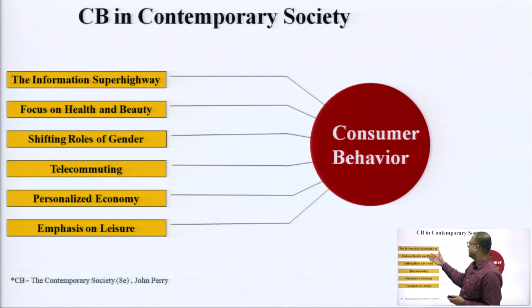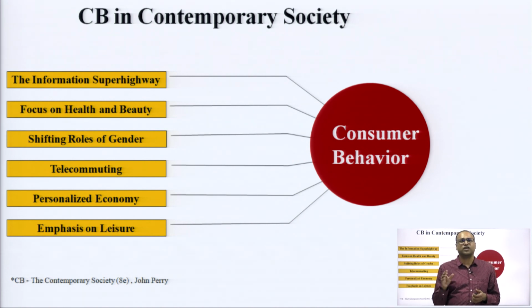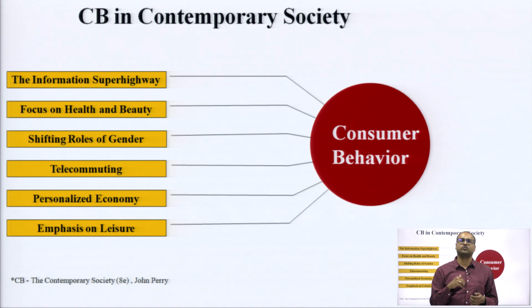The first part, information superhighway. When I say information superhighway, yes, I have used the word superhighway. I have not used the word information age or information pathway. Superhighway means today if you want to know about something, you will get more than something on the internet or through various other sources. Internet means you get online. If you go offline also, you get lots of encyclopedias in magazines, lots of details through newspapers, lots of details through books which are very highly updated nowadays, right.